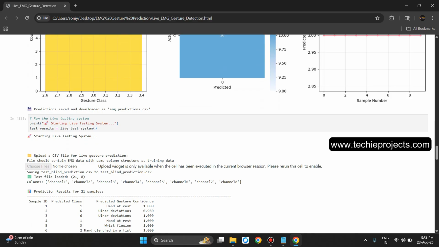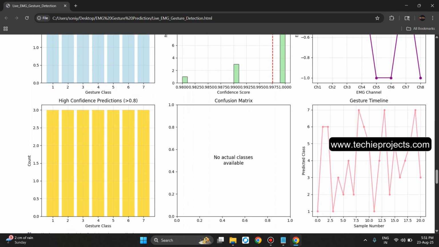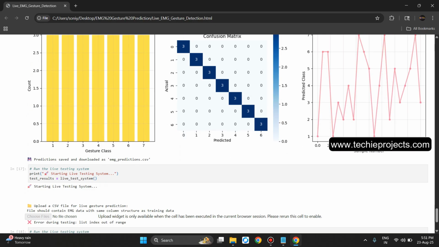Now run the live testing system. It will show the predicted gesture distribution, prediction confidence distribution, sample EMG pattern, and high confidence predictions of more than 0.8, confusion matrix, and gesture timeline. Okay,